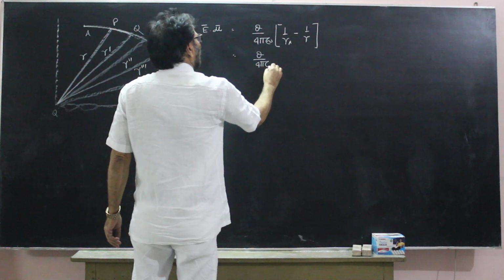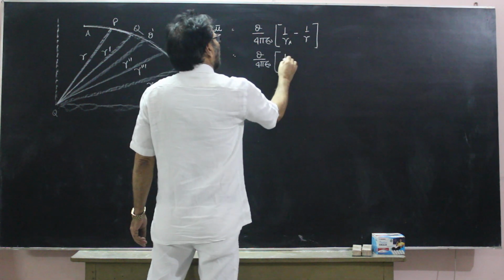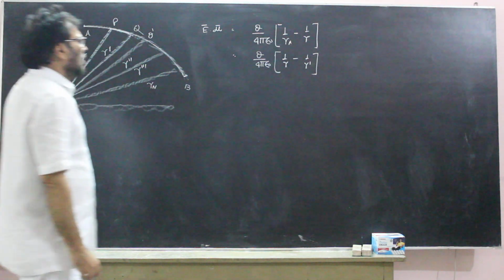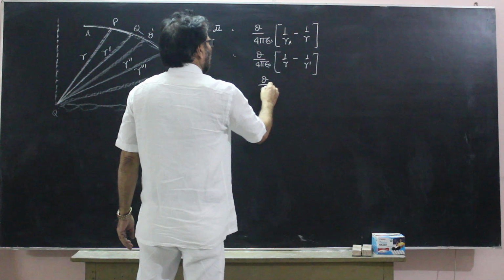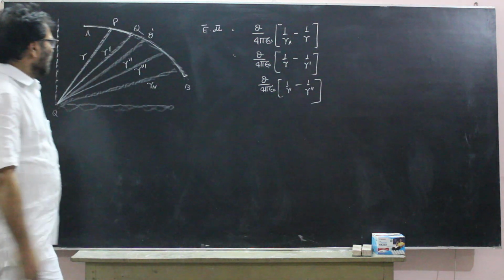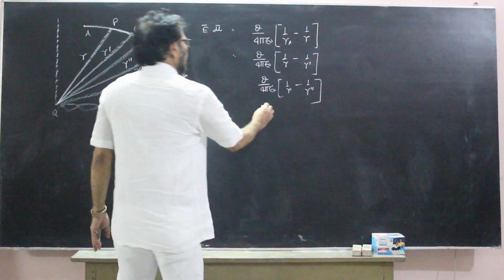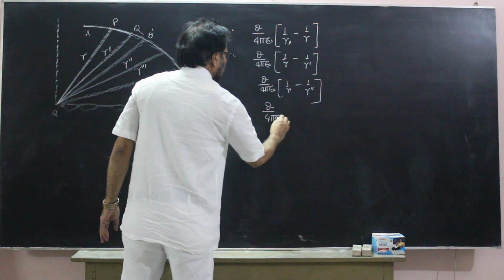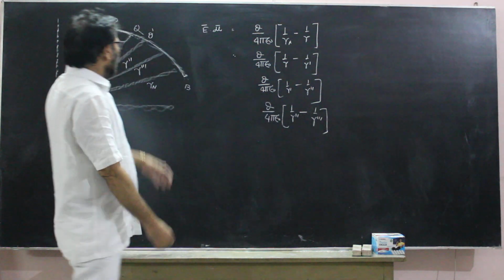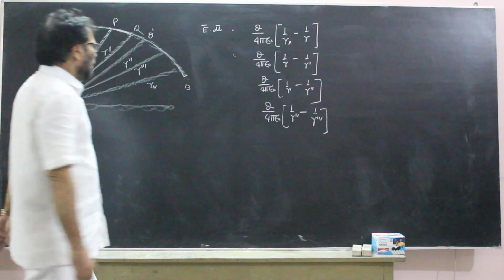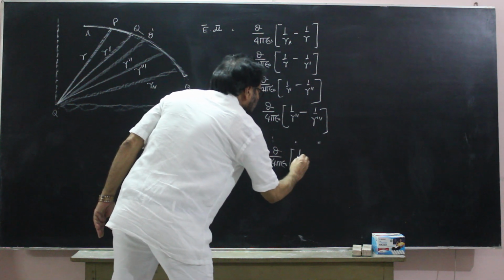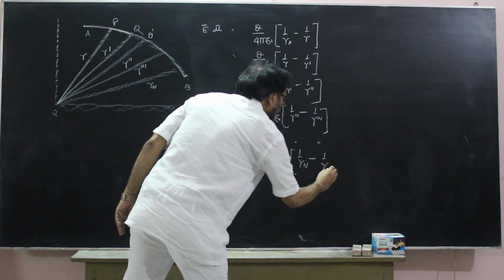q by 4 pi epsilon naught, 1 by r minus 1 by r dash। फिर r dash to r double dash, 1 by r dash minus 1 by r double dash। When we move from r double dash to r triple dash, E dot dl is similar, r double dash to r triple dash। Similarly, हम लोग यहां से यहां तक मूव करेंगे और फाइनली जो हमारा होगा, 1 by Rn minus 1 by Rb।